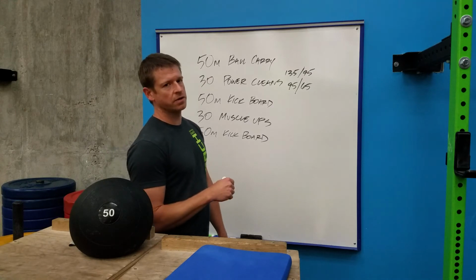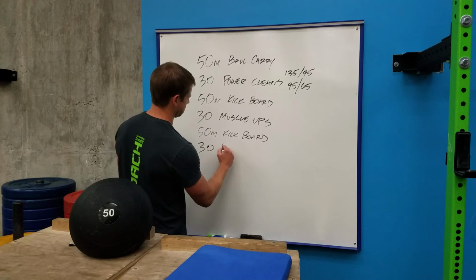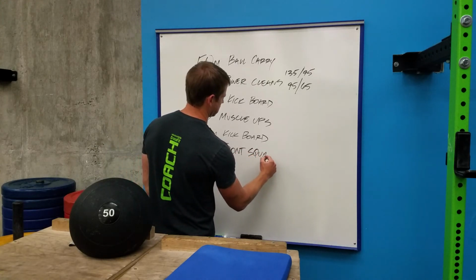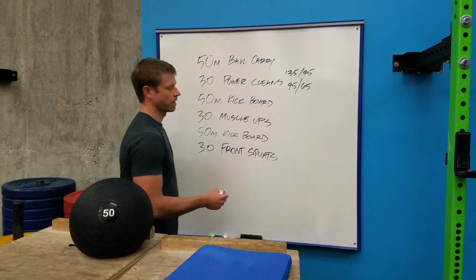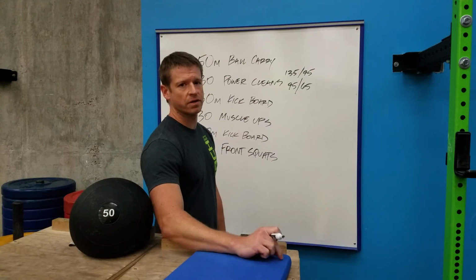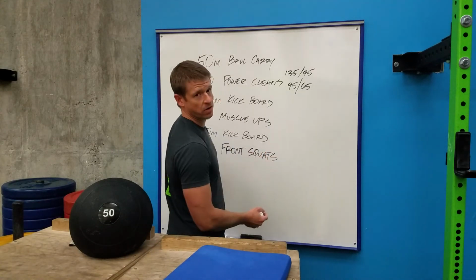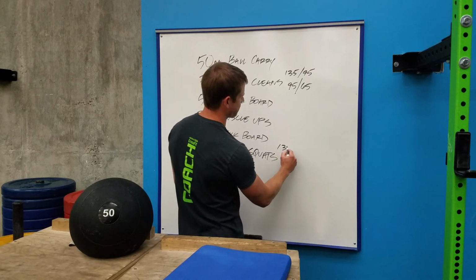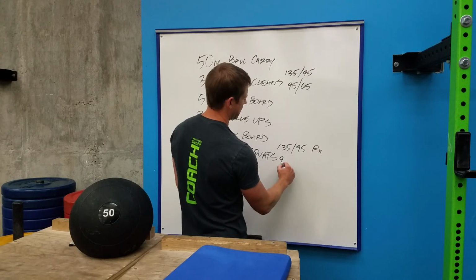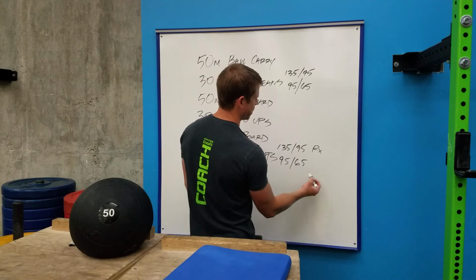And back on the shallow end, you're going to do 30 front squats. Kickboards, by the way, need to be placed on the pool deck for you guys to get out of the water on the deep end and the shallow end. Your front squats, same weight as you did for power cleans. So that's 135 for guys, 95 for gals for RX teams, and 65 for gals for scaled